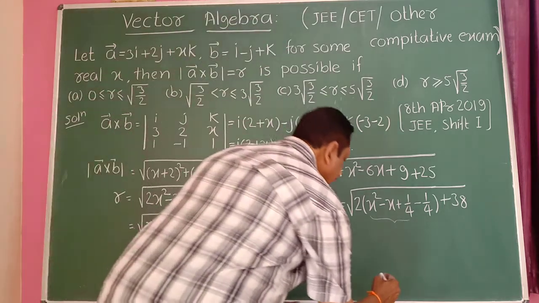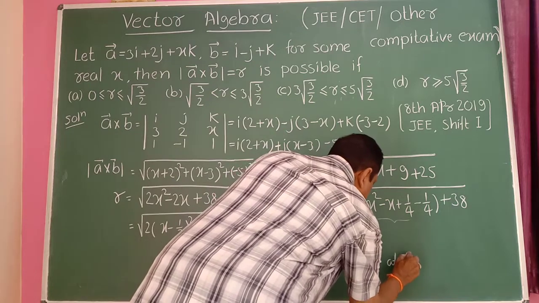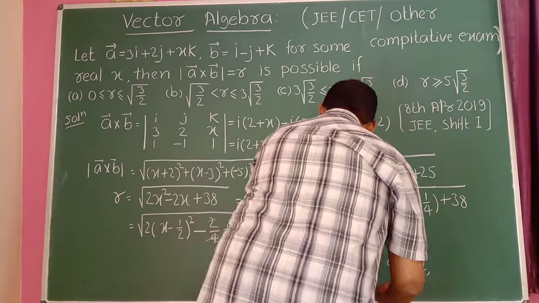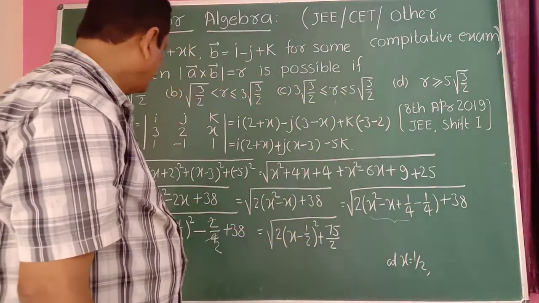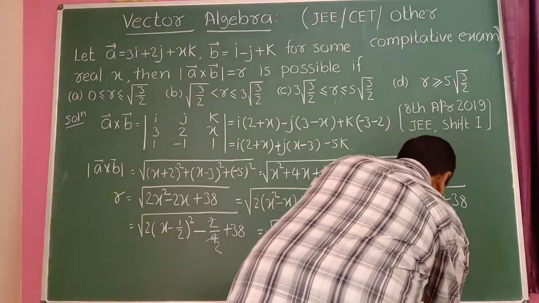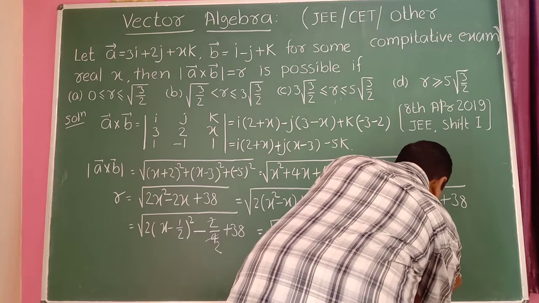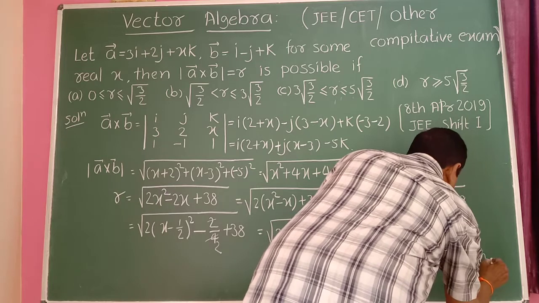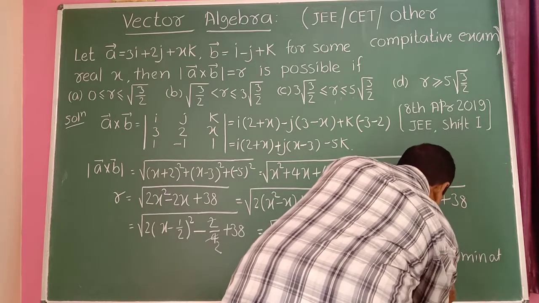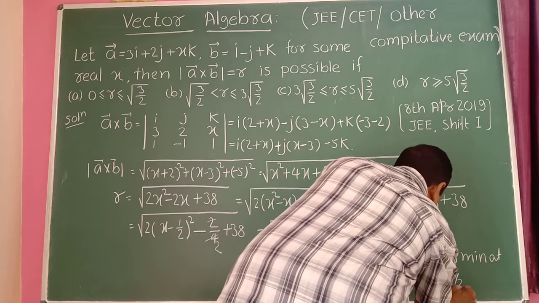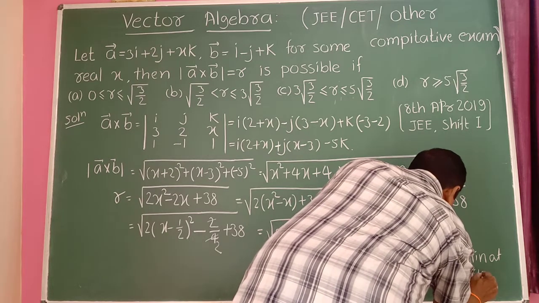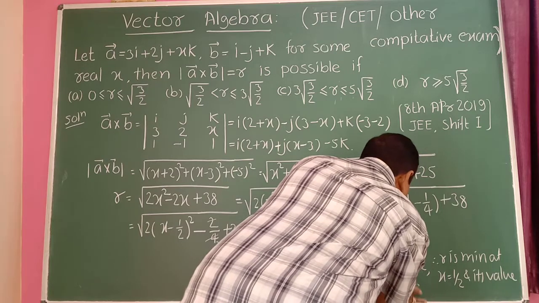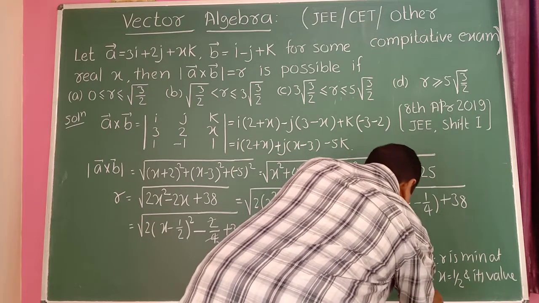Therefore, at x is equal to 1 upon 2, this becomes a 0. Therefore, the minimum value of R. Therefore, R is a minimum at x is equal to 1 by 2 and its value is root of